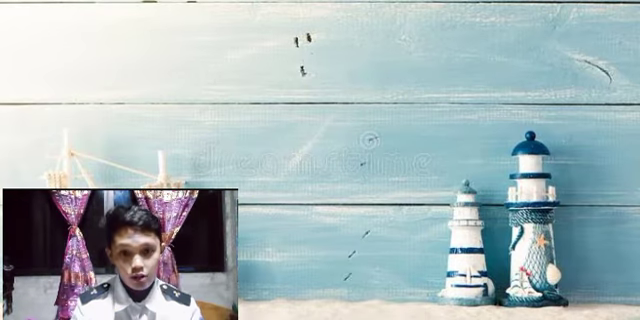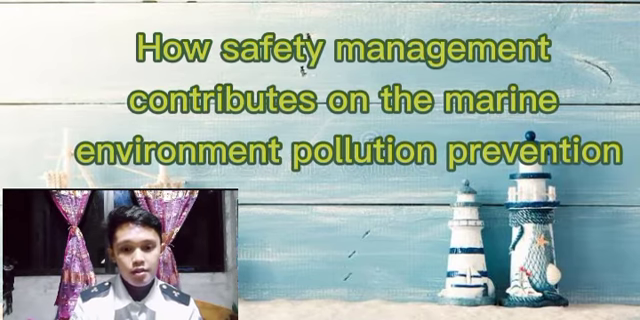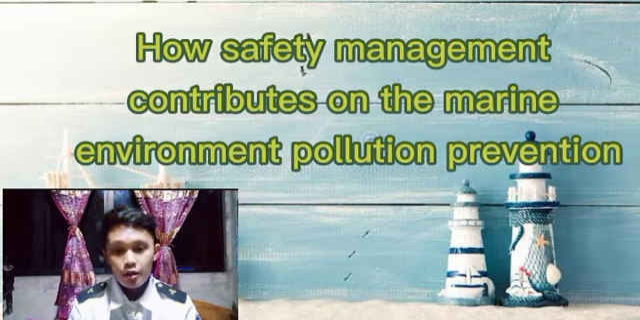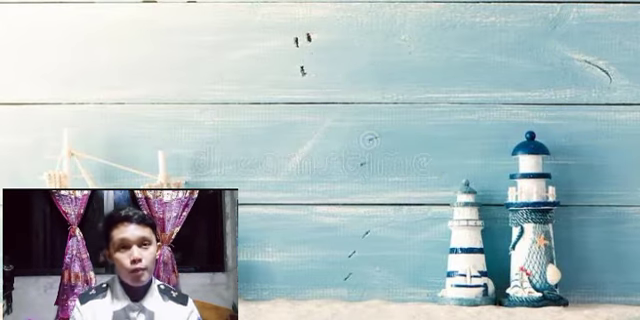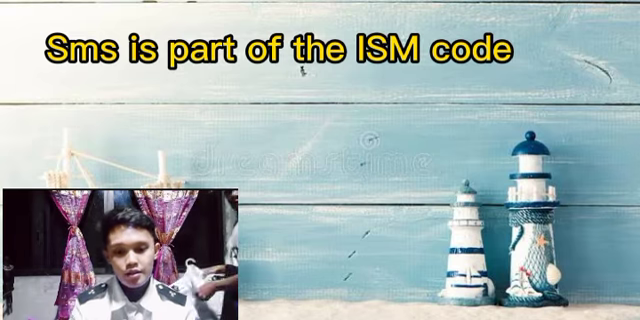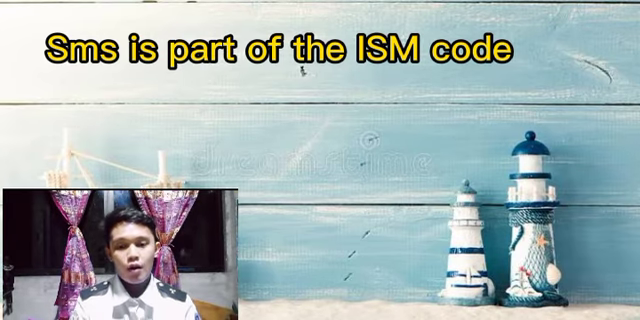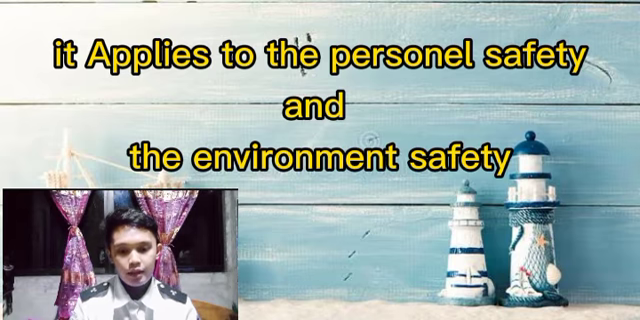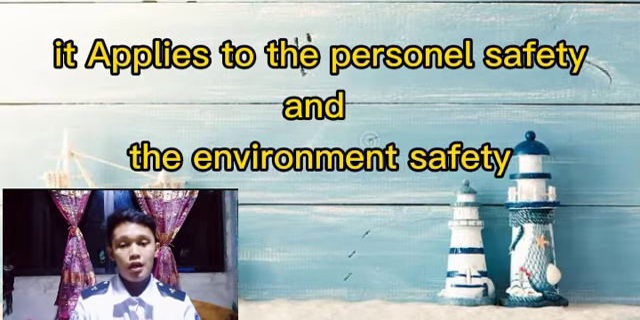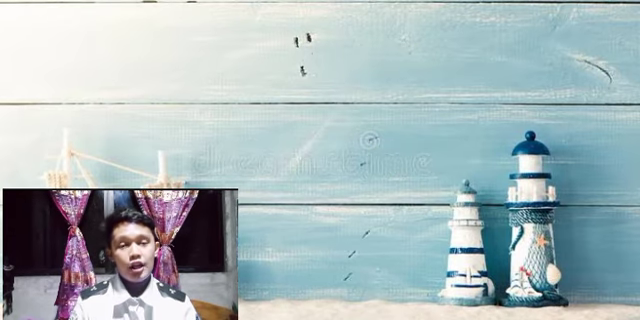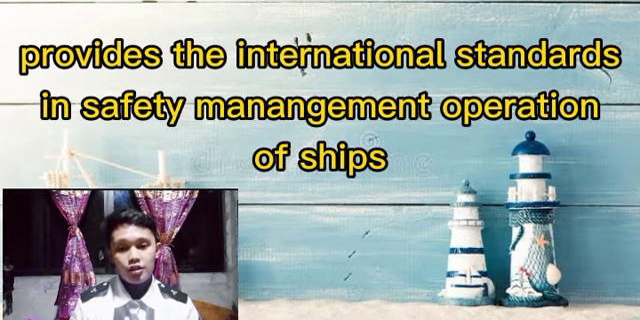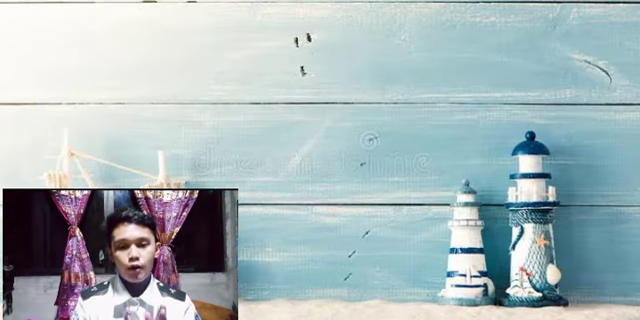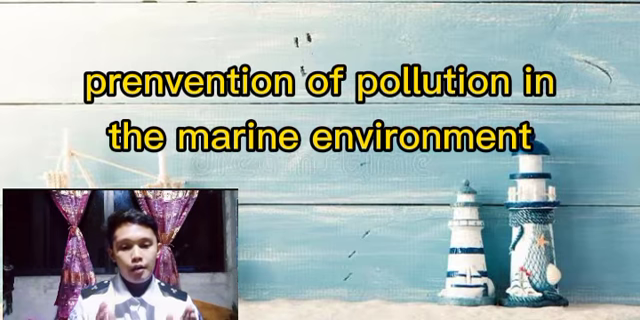The first question is how the safety management system contributes to marine environment pollution prevention. My answer is that the Safety Management System, or SMS, is part of the IMO under the ISM Code, enabling company personnel to effectively implement the company safety and environmental protection policy. Second, the ISM Code was initiated by the IMO to provide an international standard for the safe management and operation of ships and for the prevention of pollution in the marine